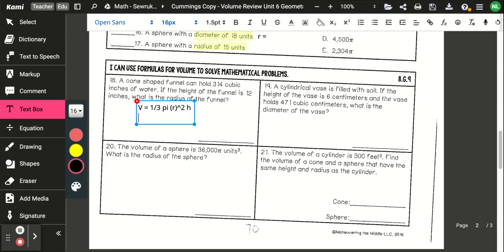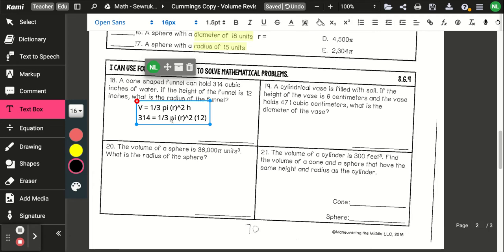They're giving us the volume, so this is the one where you'll put the volume first, and we still know it's 1/3 times pi, and we don't know the radius, so we have to do radius still squared, but we do know the height, which is 12. So on this one, remember, we have to times in our calculator